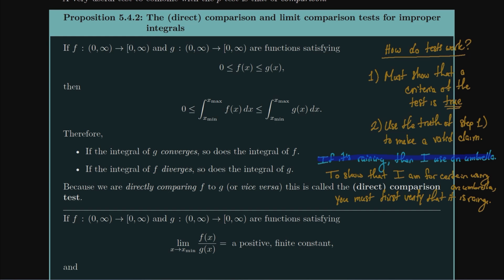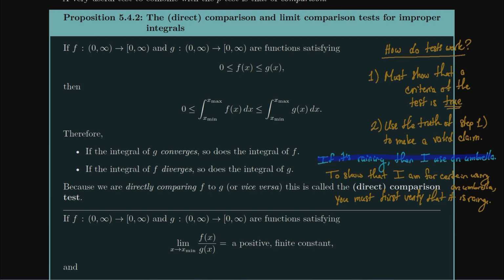And so in our case of raining, even though I may be using my umbrella for alternate means, if the only statement you have available to you is, if it's raining, then I use an umbrella, you must show me that it's raining first. I can't accept any other explanations about why I happen to have an umbrella if I'm only giving you the ability to use the statement, if it's raining, then I use an umbrella. So if you want me to be using an umbrella, you have to show me that it's raining. I won't accept anything else.